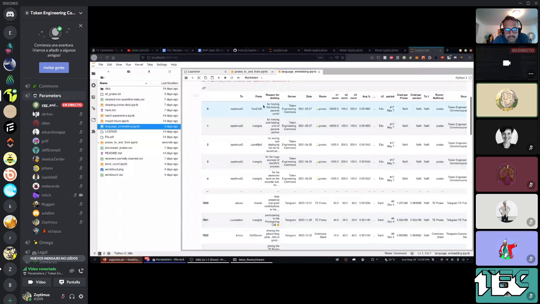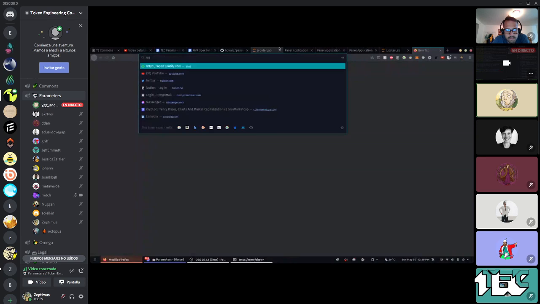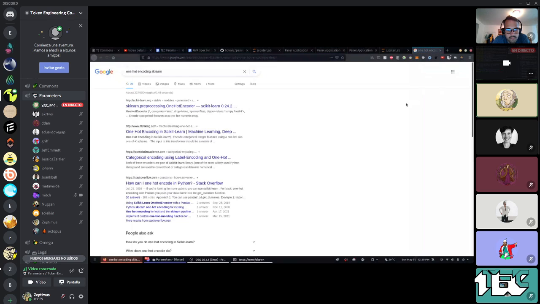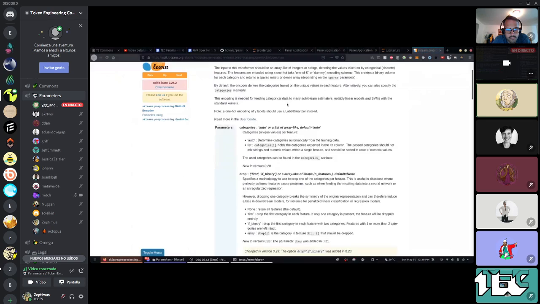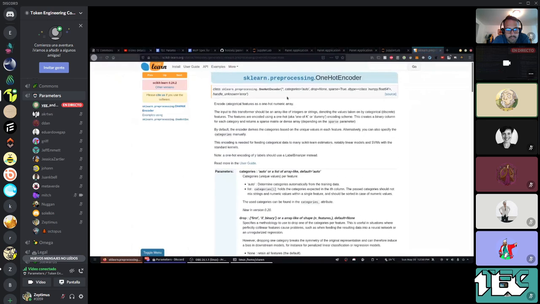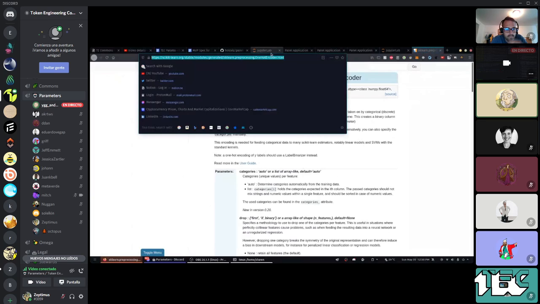encoded, yeah. And just to give the group a quick synopsis on what this one hot encoding is. So you can look up sklearn. So one hot encoding. sklearn is like the standard machine learning processing toolkit for Python. So you get this one hot encoder. So you encode a categorical feature as a one hot numeric array. So I don't think I'll go deep into this, but definitely good reading for anyone curious. I'll just pop this in the labs channel,